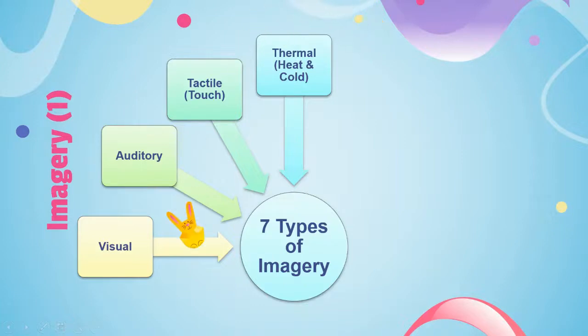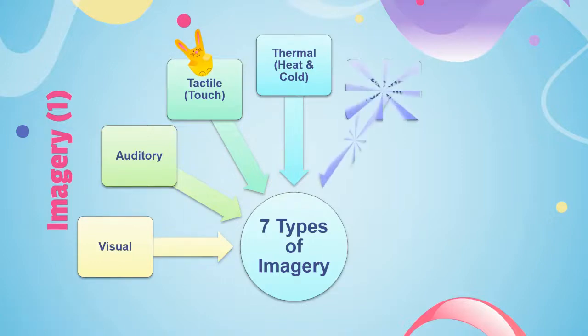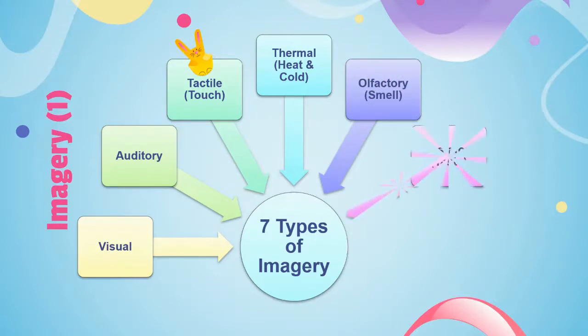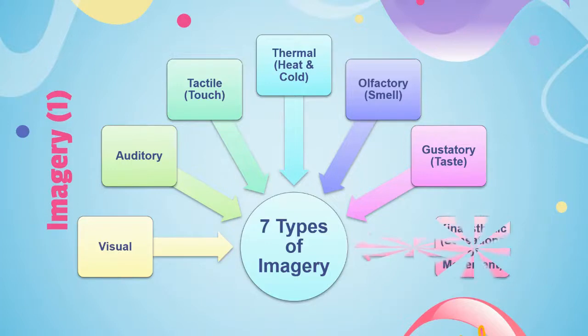Thermal, which is related to heat and cold. So when the poet talks about the heat and the cold, the hotness and the coldness of something or someone, thermal imagery is used. Olfactory related to the sense of smelling, and gustatory related to the taste images we have, like bitterness, sweetness, and